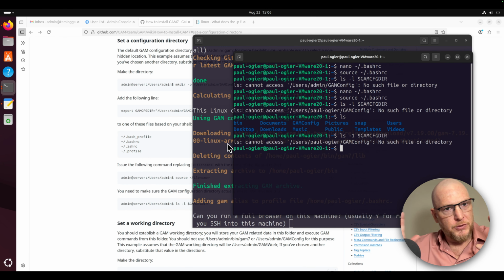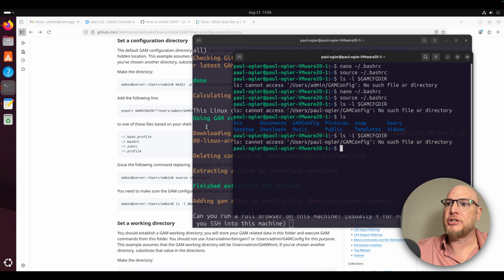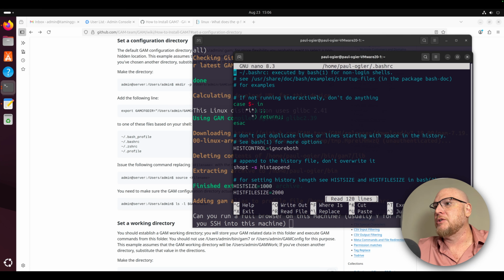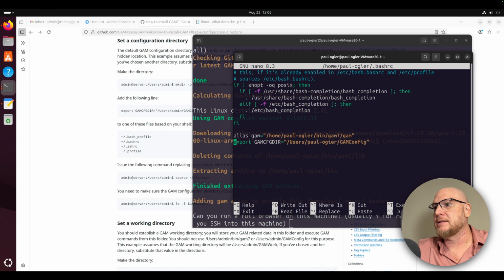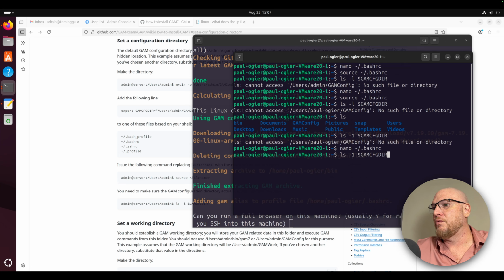And once you've finished screaming and calming down, you look at this more carefully and you go, okay, why can't it find users Paul Auger GAM config? And that's because this is actually a Mac command rather than a Linux command. So if I go back into this again and I say Linux, the Nano, I want to do this and go all the way down to the bottom, and I say export. Instead of users, you can see the one above there, it's got the alias. We actually need to type this as home. Control X, Y, enter. Then reload this with the source,